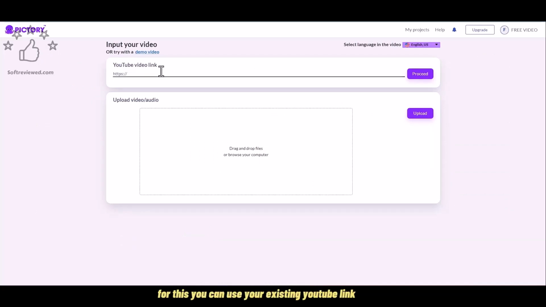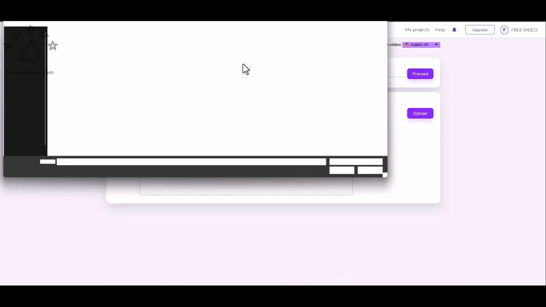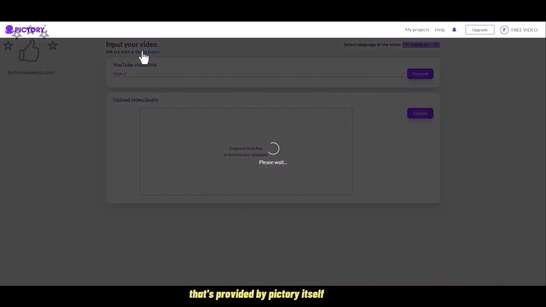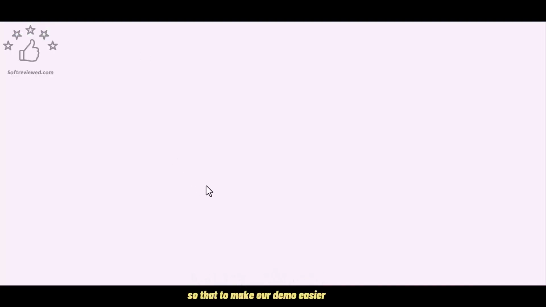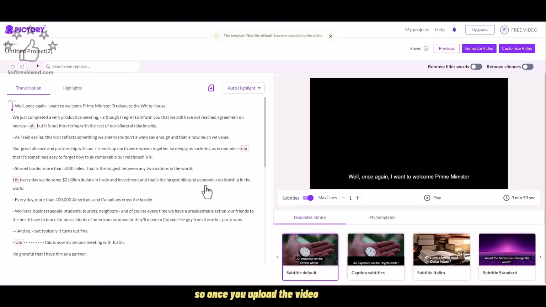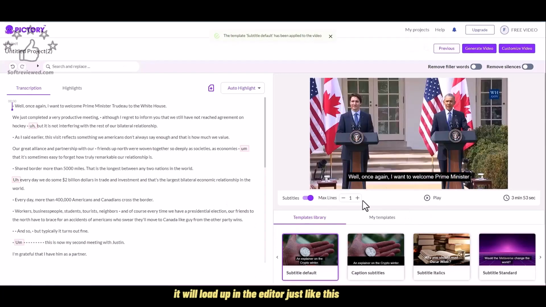For this you can use your existing YouTube link, or you can just drop your videos from your computer itself, and for this demo we'll be just using the demo video that's provided by Pictory itself, to make our demo easier. So once you upload the video, it will load up in the editor just like this,